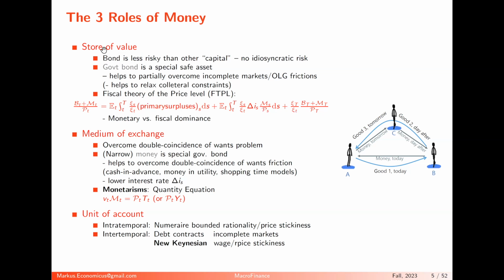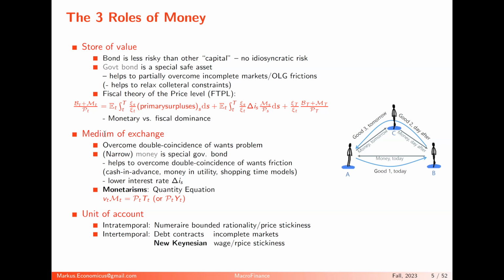the store of value aspects. And the medium of exchange role is like overcoming the double coincidence of wants, which I just talked about. It's a more narrow meaning of money. It's not all government debt and all that. We can think of special government bonds. In particular, if you think of reserves provided by the government for the banking system, they pay interest these days. Or if you think in the future about central bank digital currencies, if they were to pay interest, they are very similar to T-bills. It's also like a government liability. And so monetarists focus very much on the medium of exchange role of money.